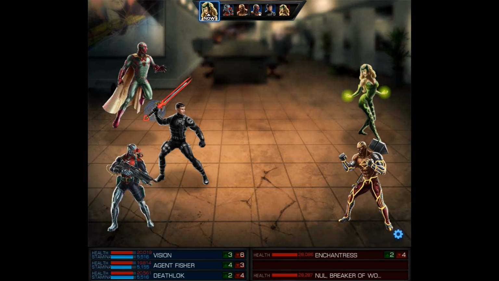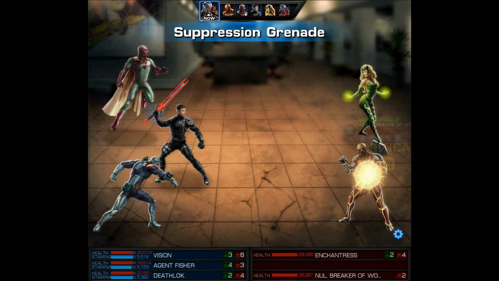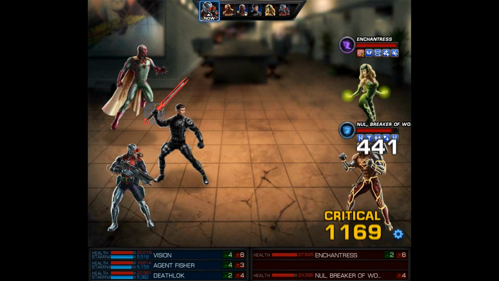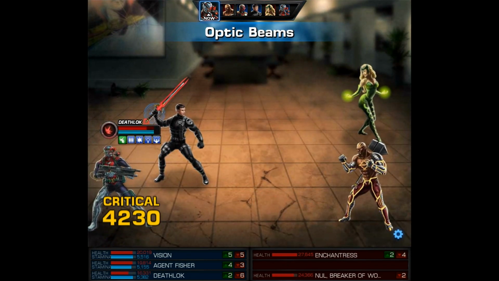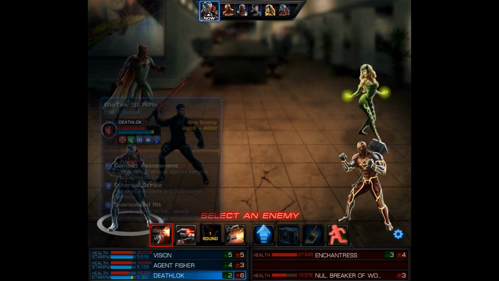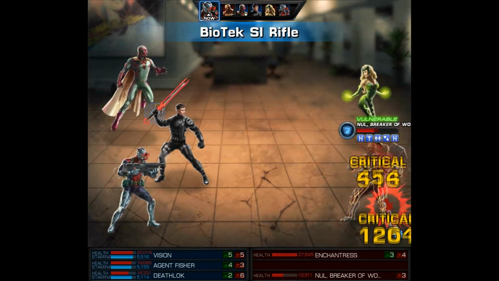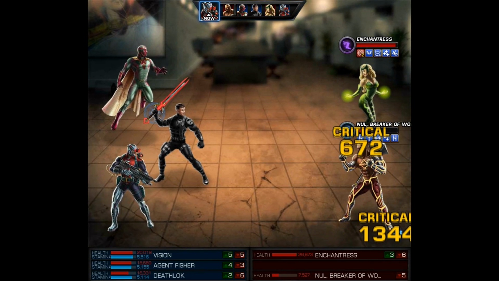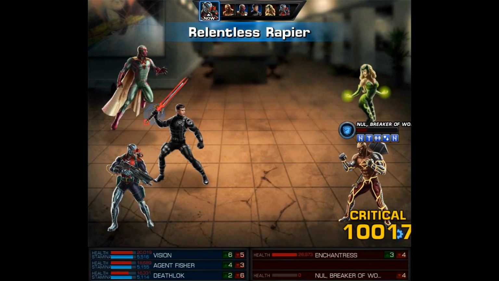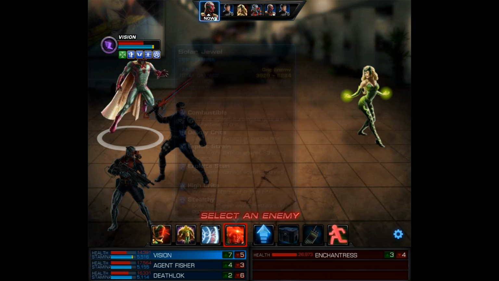Now after Enchantress's turn, it's going to be Deathlok time. And we'll begin once again with our suppression grenade. This is going to get a collateral damage proc, and more importantly, it exhausts Null. We'll also get a rapier follow-up, and then we can attack with our level 1. And another collateral damage. This too gets a follow-up attack, so just like I said, Deathlok and the rapier is